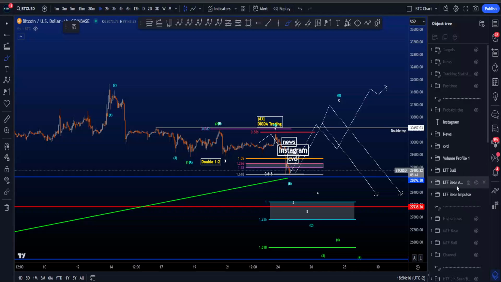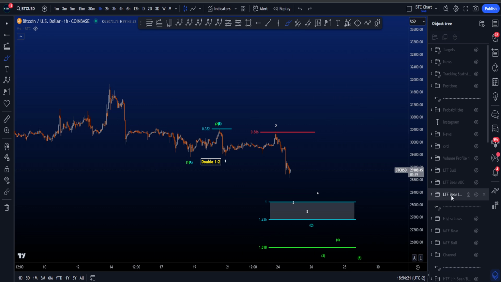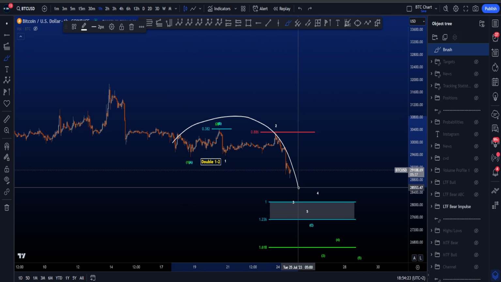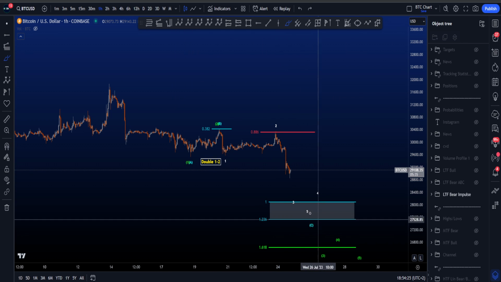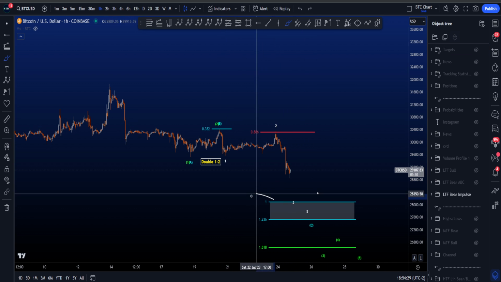Hi everyone, let's go over my low time frame bullish and bearish Elliott Wave scenarios on Bitcoin. Starting with the low time frame bearish impulsive scenario, where we are still looking for a move towards the downside in either a wave C, which then consists of a 5-wave structure to the downside, where the most common target